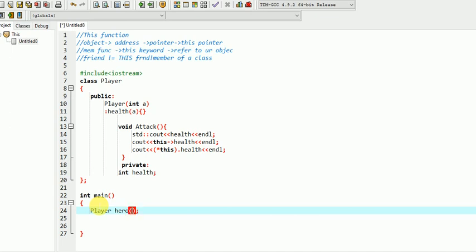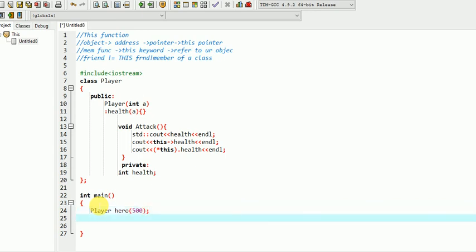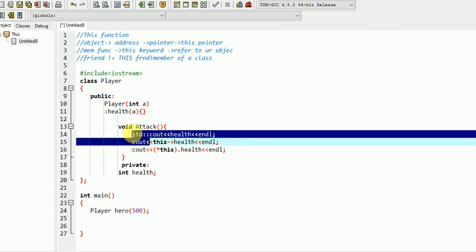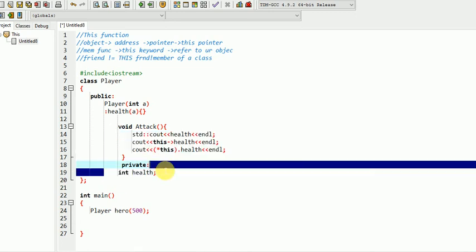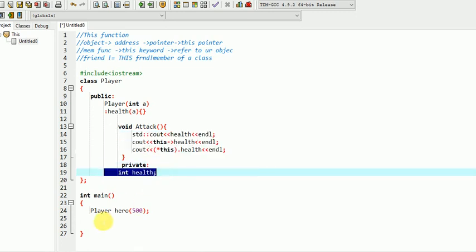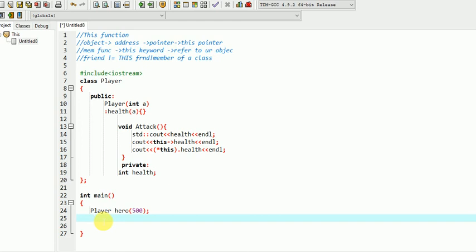Let the health be 500. I'll be using the member function over here, which will be accessing the data member. So we have created an object.